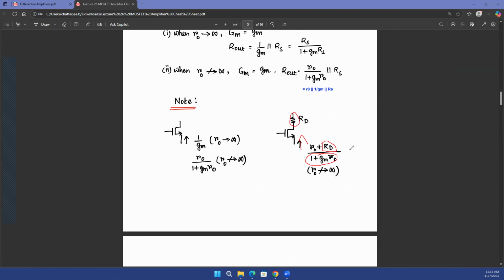So maybe I can also draw that on the board, that you have this transistor, you want to look from the drain. So whatever this resistance value, it appears as that resistance multiplied with the gain of the transistor. So looking down here, you'll see RO plus, let's say, 1 plus gmRO, that's 1 plus intrinsic gain of the transistor, multiplied with R. On the other hand, if you do the opposite, that you have a resistance connected at the drain, RD, and then you have the same transistor, and then you are trying to look from the source. In that case, the effect will be that you have